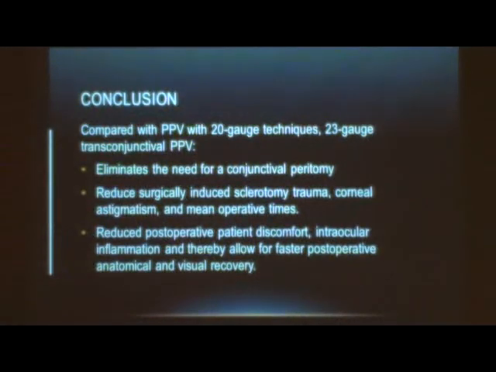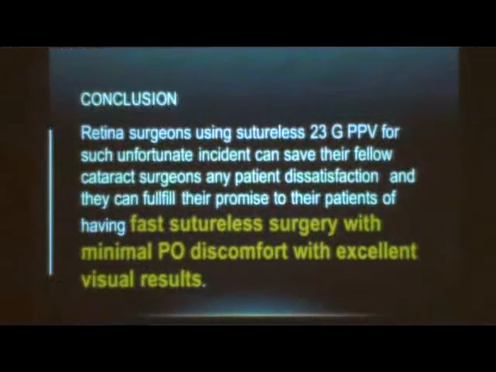So compared with the 20-gauge vitrectomy technique, 23-gauge transconjunctival vitrectomy eliminates the need for conjunctival peritomy, reduces surgically induced scleral trauma, corneal astigmatism, and mean operative times, reduces post-operative patient discomfort and intraocular inflammation, and thereby allows for faster post-operative anatomical and visual recovery. So retina surgeons using sutureless 23-gauge vitrectomy for such an unfortunate incident can save their fellow cataract surgeons any patient dissatisfaction, and they can fulfill their promise to the patients of having fast sutureless surgery with minimal post-operative discomfort